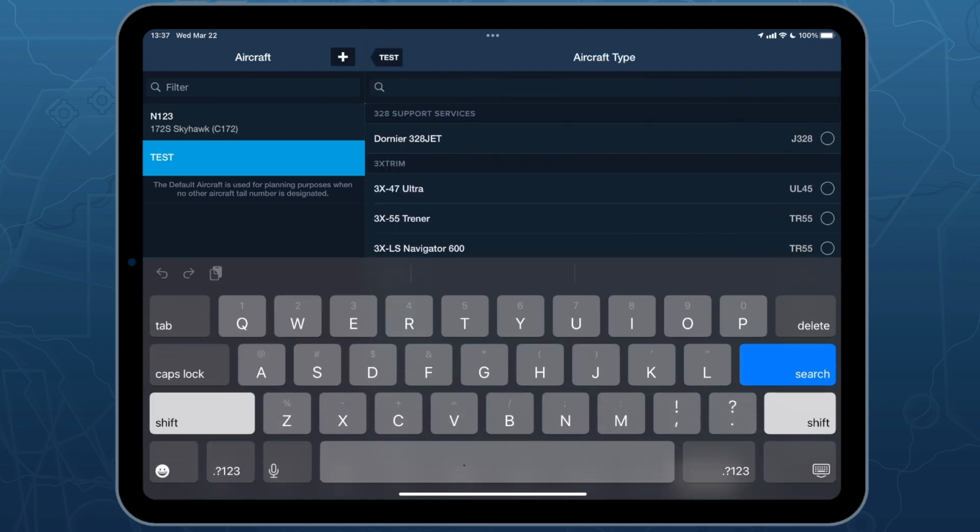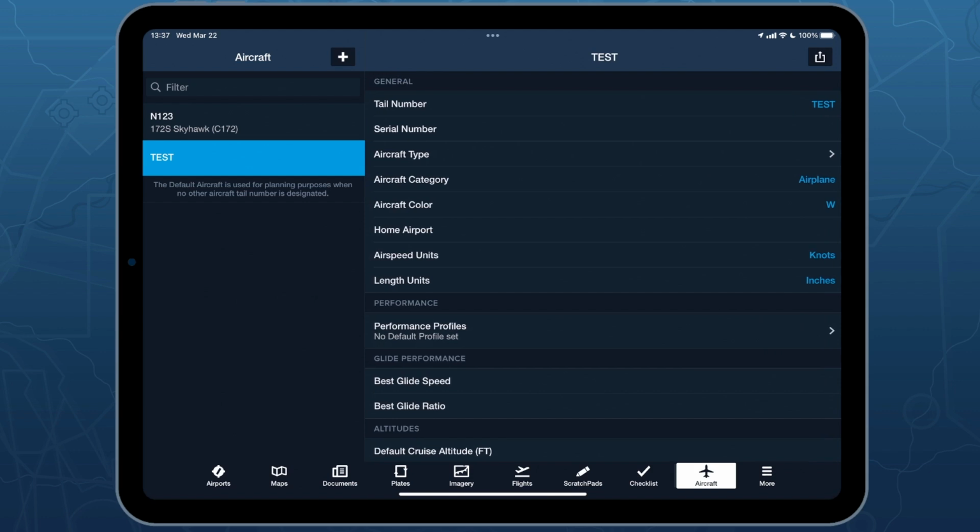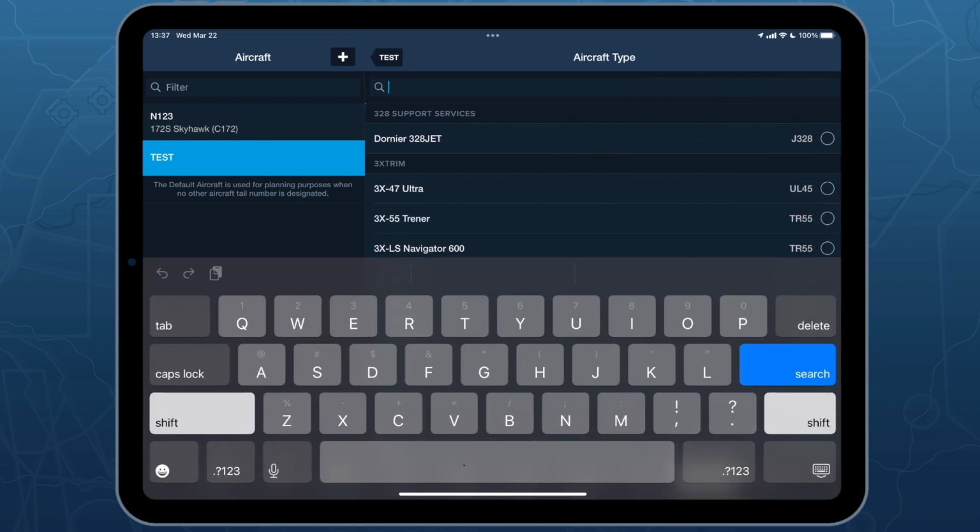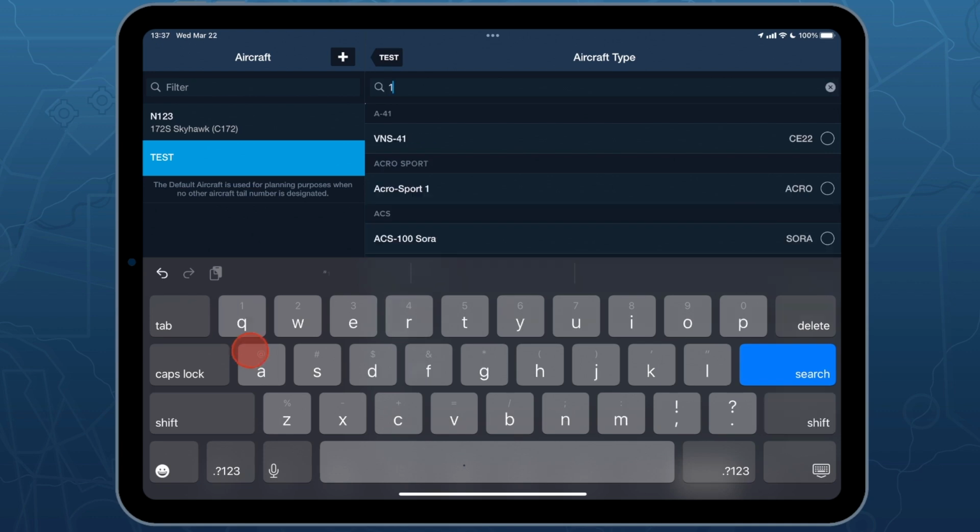And then we'll go to aircraft type here. If anybody didn't see that, I'll do that again really quick. I realized I did that quickly. Right here is aircraft type. We're going to tap that menu. Now what I'm going to do, I'm going to look for a 172S just because it's the model that I'm most comfortable with and know the best. So I'll go in the search bar here and just type in